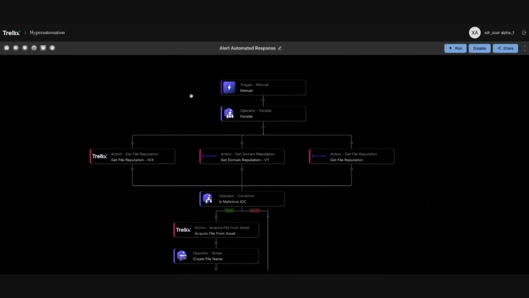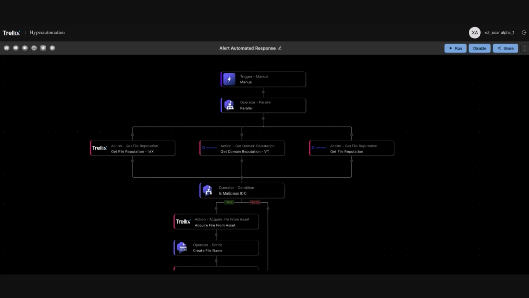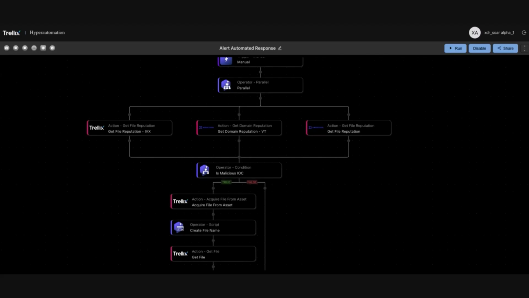What you see here is basically the workflow with several steps. First, for this demo, I've kept the trigger as manual. When it comes into action, it will be set as a trigger, which will be done by the alert itself. Now, the first block of this automation is about enrichment, where if an alert passes a file hash